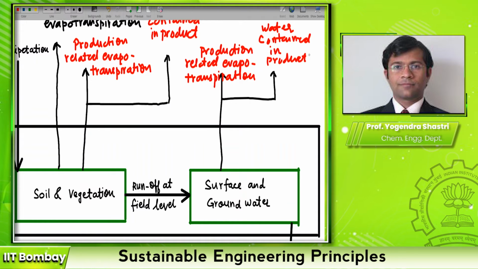But additionally, if you are using surface and groundwater, this water is also used for various other applications. When it comes to green water, which is stored in soils or on vegetation surface, you can only use it for growing plants and therefore primarily for agriculture. But we use surface and groundwater for many other things. And this is the water that is taken out.